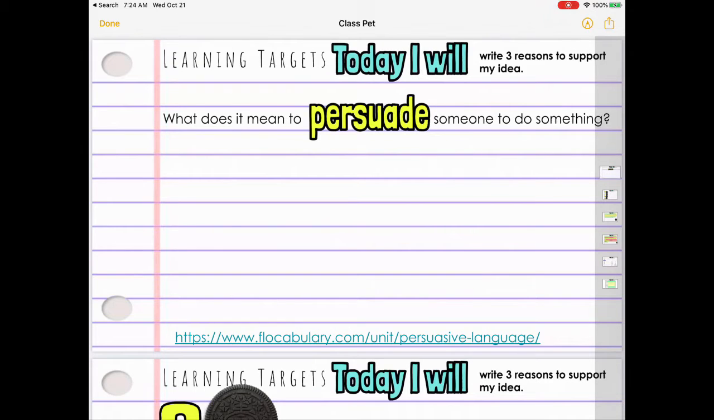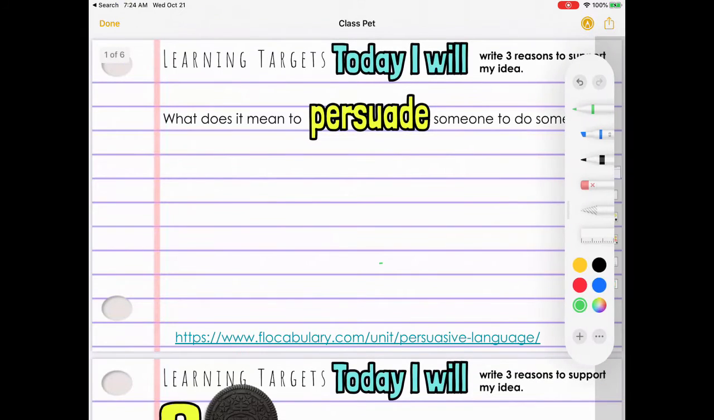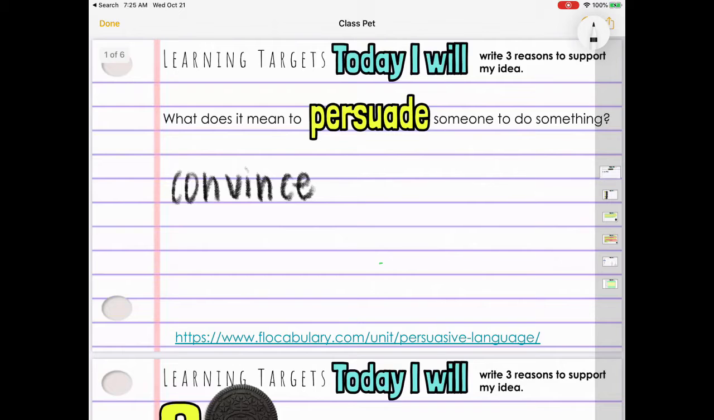So first, what does it mean to persuade someone to do something? If you're persuading someone, you are trying to convince them. You're trying to convince them to believe the way you believe, to see things from your perspective, your point of view. You want someone to agree with you, so you're going to give them really good facts, really good details, and you are going to be able to explain your thinking. So, when we have persuasive writing,